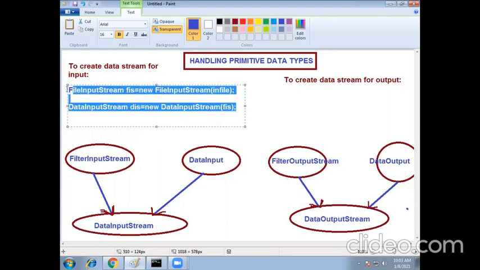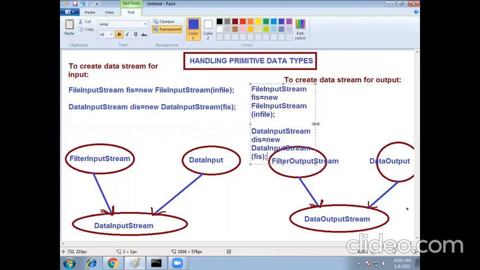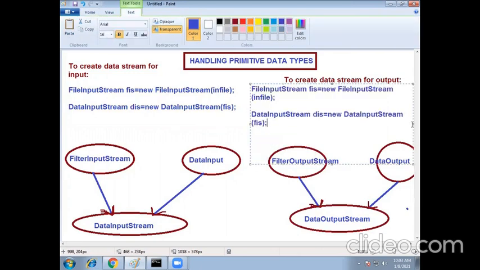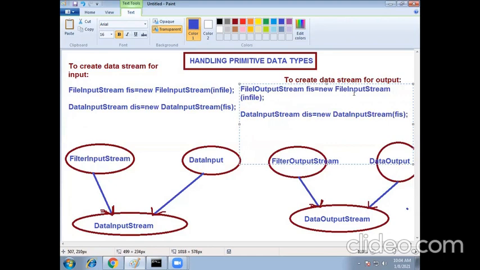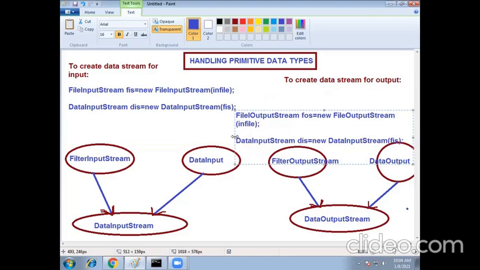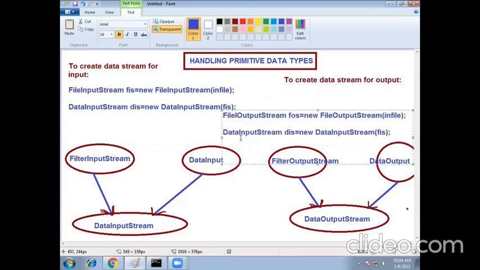Similarly, to create a data stream for output, we use FileOutputStream: FOS equal to new FileOutputStream, and DataOutputStream DOS is equal to new DataOutputStream of FOS, the file output stream.